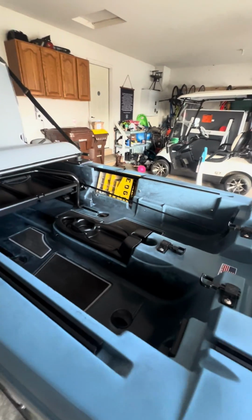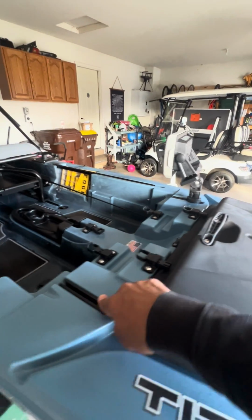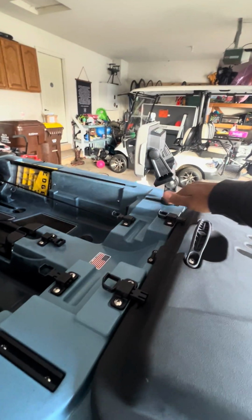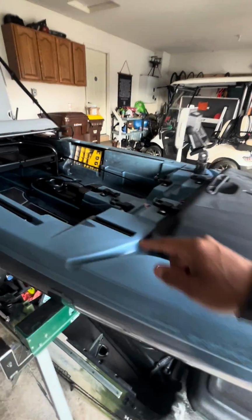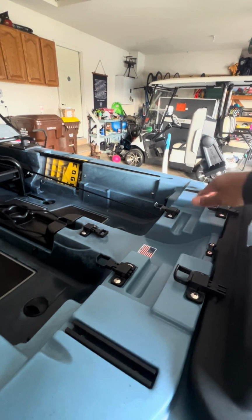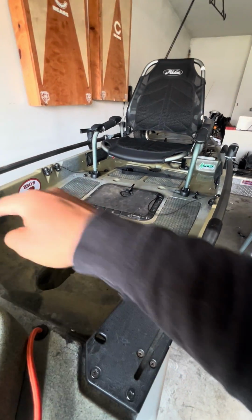I don't think that there's anything else that I need to cover, other than maybe the guys that are running dual graphs. That's something that I might do. They're making a lot of kits. Actually, Jackson, believe it or not, Jackson makes a kit that goes across. Boondocks makes a kit that goes across for this and this, but you don't have to use those A-trails. Like the Hobie A-trails,